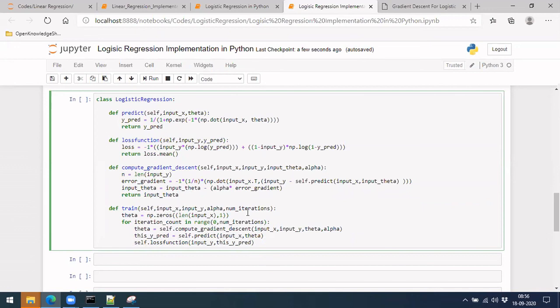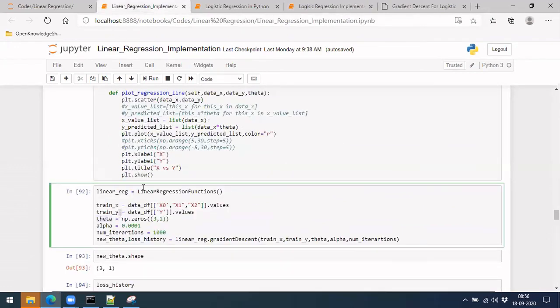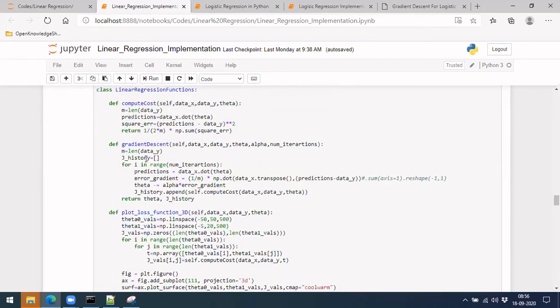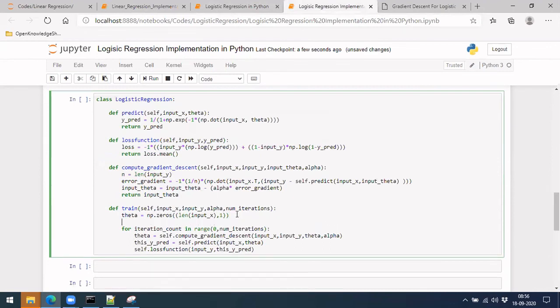So just like how we have done in our previous case, we stored all the losses separately and plotted them in the end, right? Let's do the same thing again. Let me take the same name, J history, where J is some name like loss. Many people use J instead of error. I am appending this to a list so that we'll plot it later.